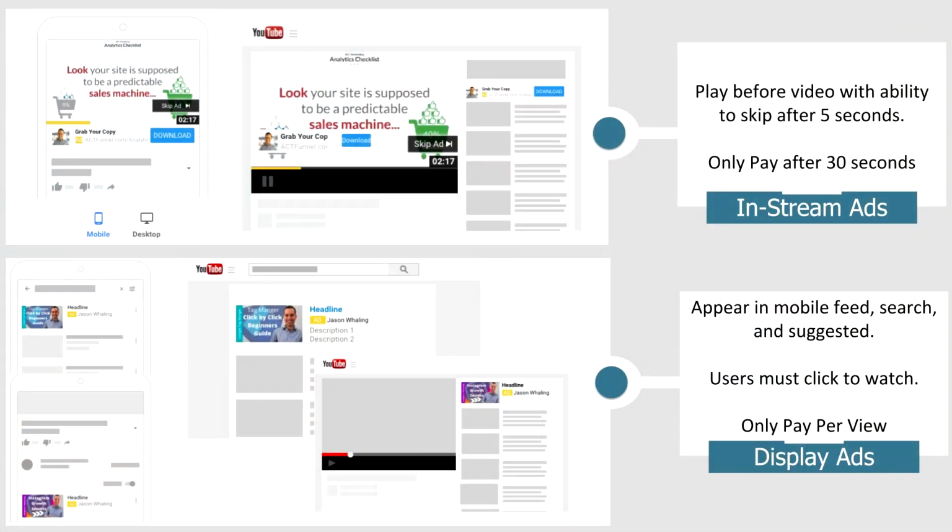So something that's great about in-stream ads is you only pay after someone watches 30 seconds of the ad. So they have 5 seconds to skip. And then if they skip before the 30-second mark, as long as your video is more than 30 seconds, so always be more than 30 seconds with your in-stream ads, as long as they skip within that first 30 seconds, you actually wind up not paying. And you'll see with the ad formula how you can actually use this to your advantage to get your brand and message out there to more people while reducing your costs per view and cost per lead.